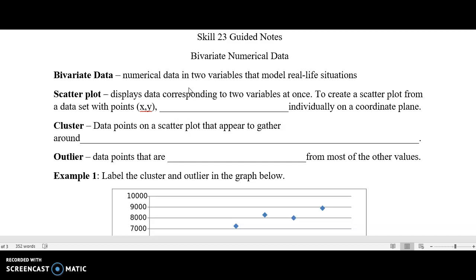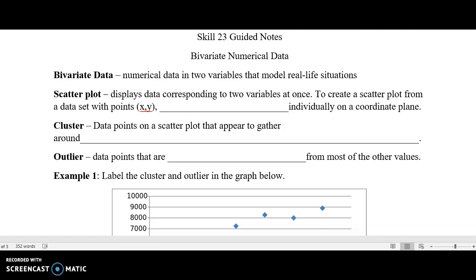This is Mrs. Parsons, and what we're going over today is Skill 23, the guided notes for that, and we're talking about bivariate numerical data. So we have some definitions that we need to get out of the way first. So what is bivariate data? Well, it's numerical data in two variables, and those two variables are x and y, which we're normally used to,